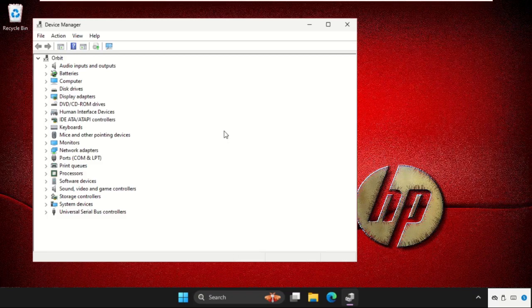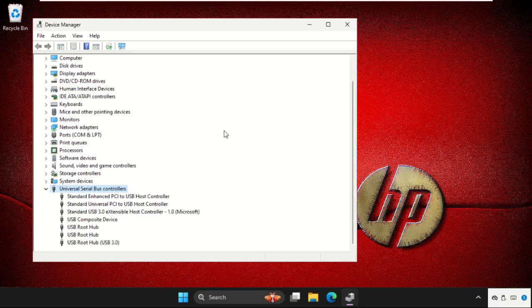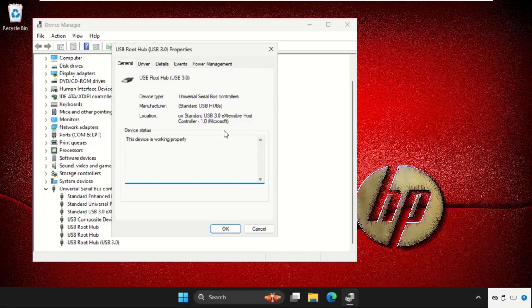You can just press Tab, again press the Down key, keep going down. Now press the Right key to expand this. Again go down, and here we need to hit Enter to open its properties. Then again press the Tab button